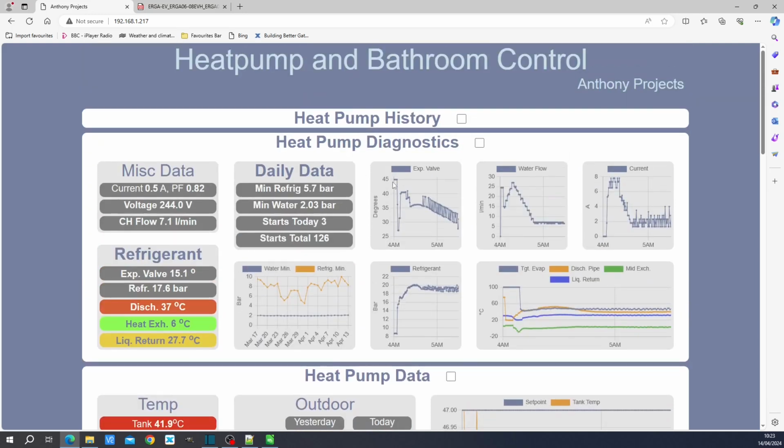You can see, and this always is the case, the expansion valve always starts any operation at a position of 45 degrees. So it's half open, half closed. And then it will gradually close in. And then it opens up. It's trying to bring the refrigerant pressure up. And you can see here there seems to be a target refrigerant pressure of about 19 bar in this particular